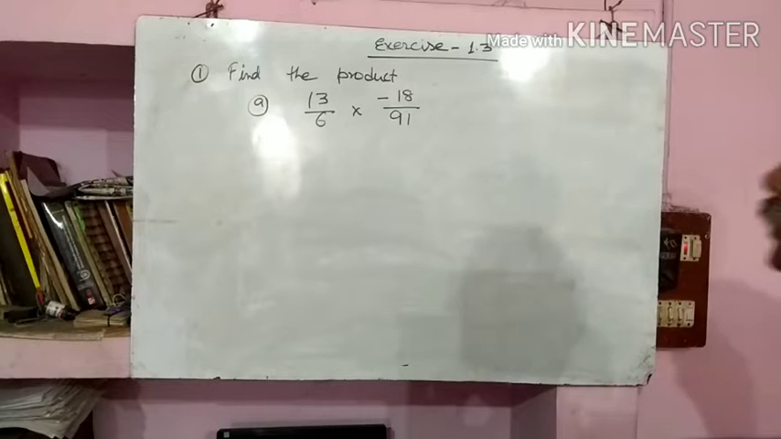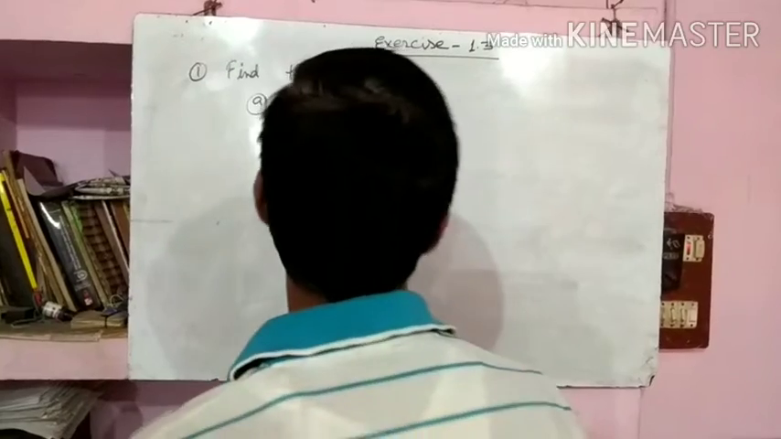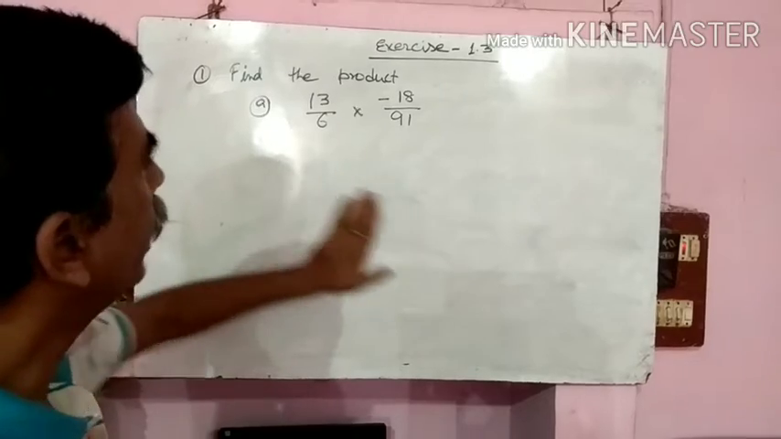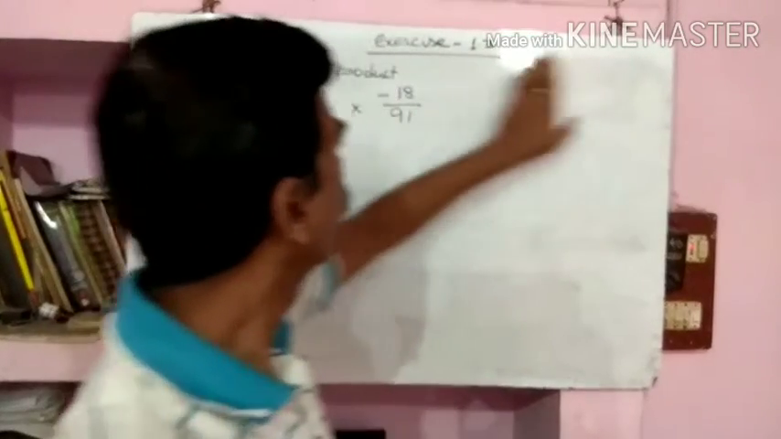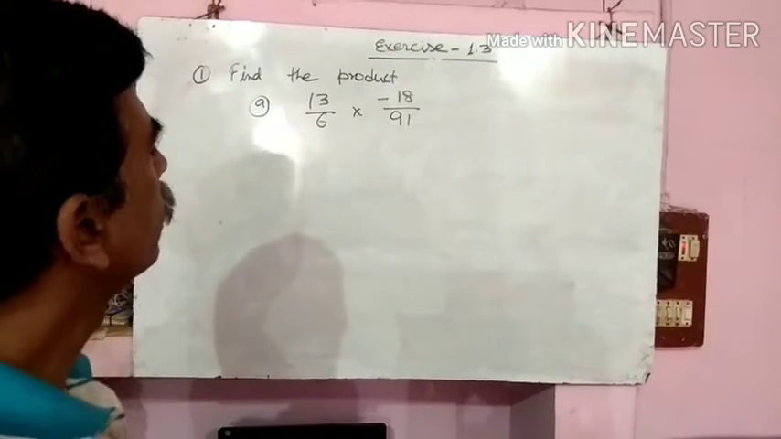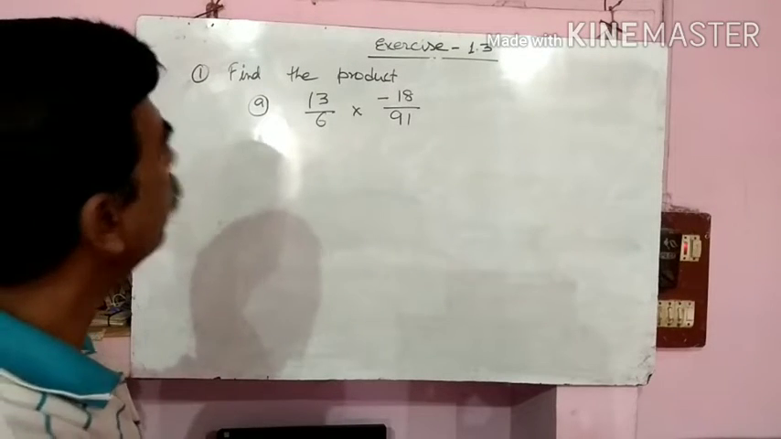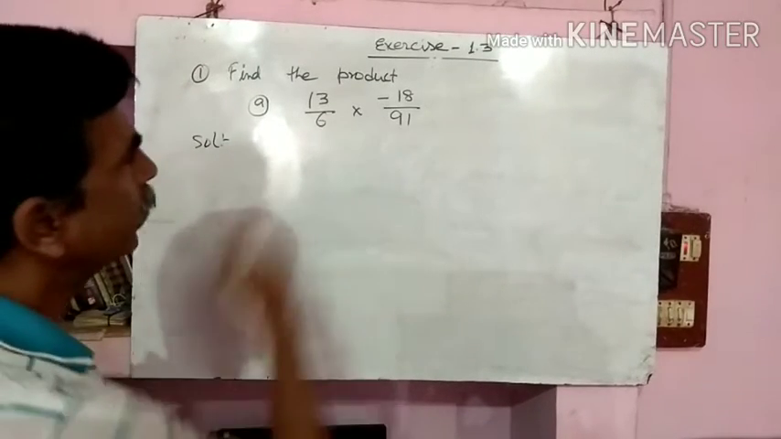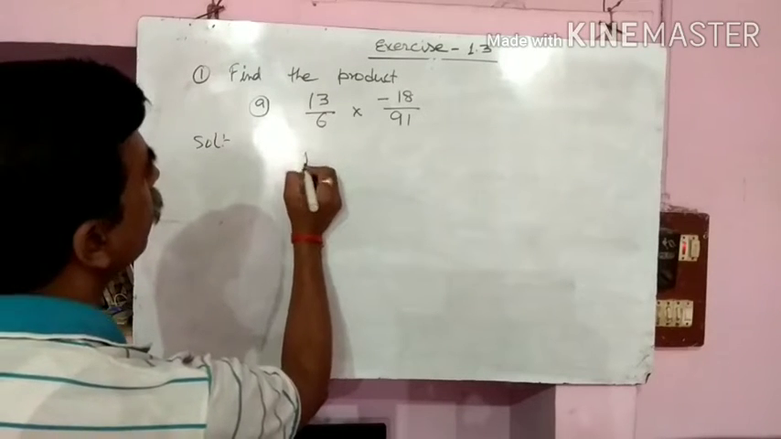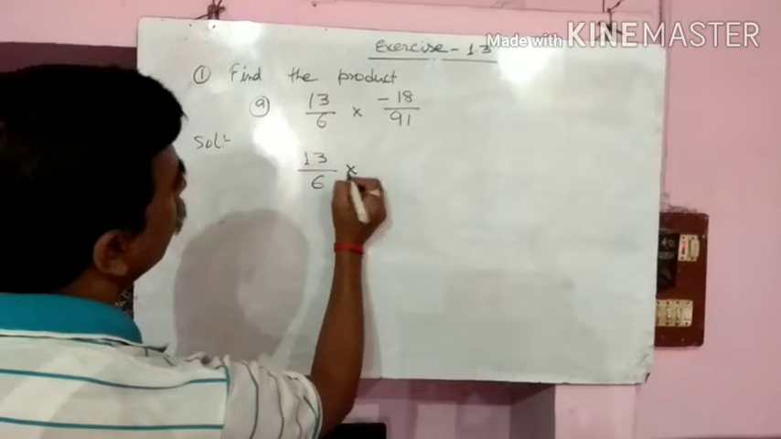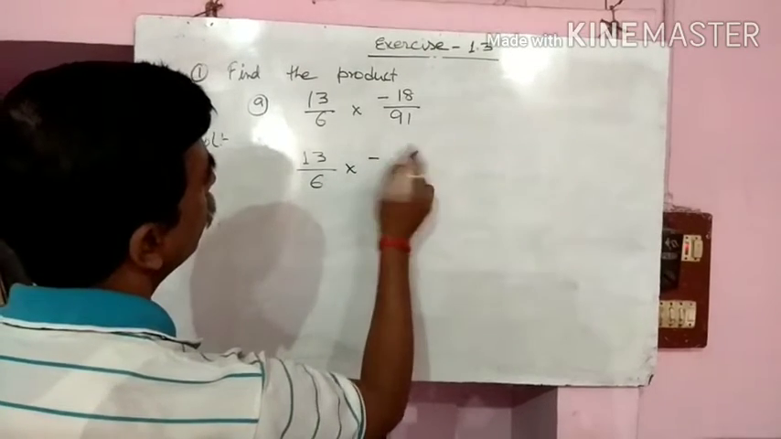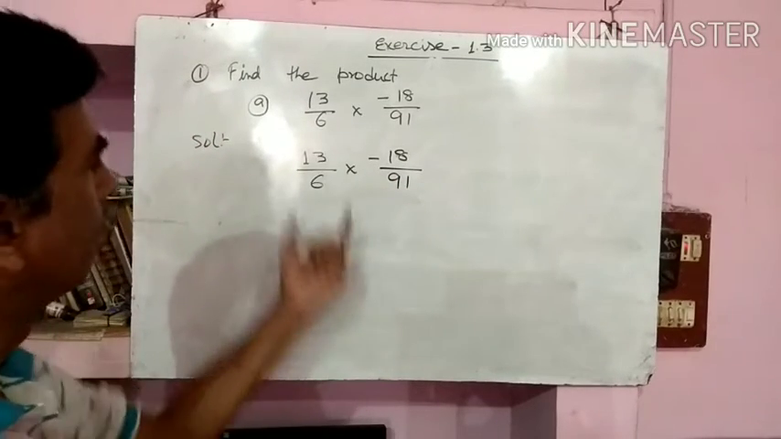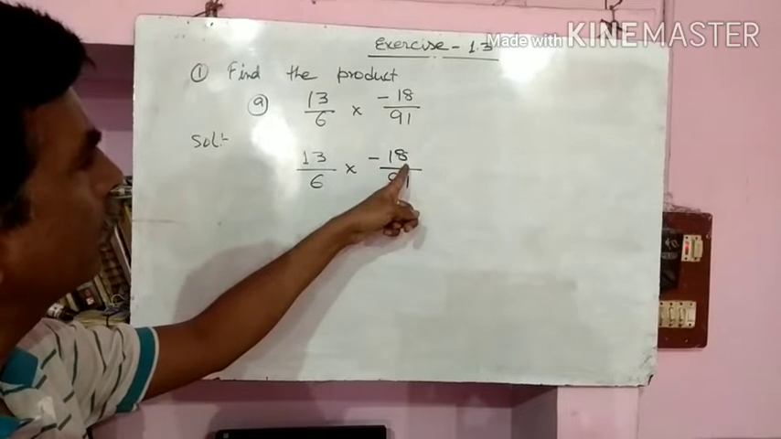Okay, now we are going to discuss and solve some questions of exercise 1E. The first question is saying, find the product of the numbers given, 13 by 6 into minus 18 by 91. In solving this question, you can apply two methods. One method is either you multiply 13 into 18